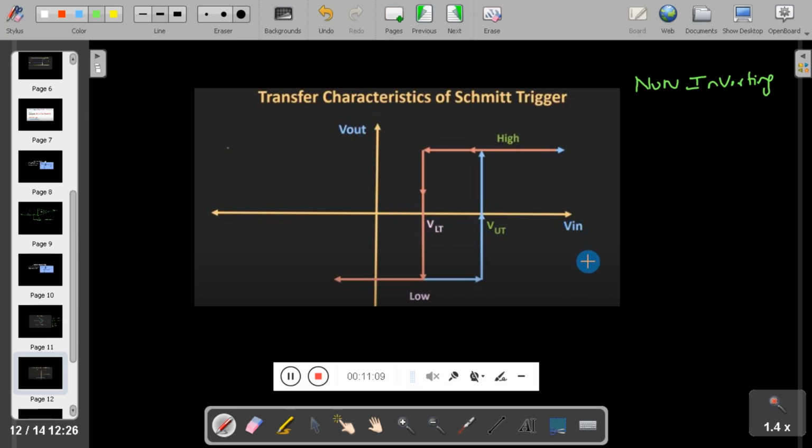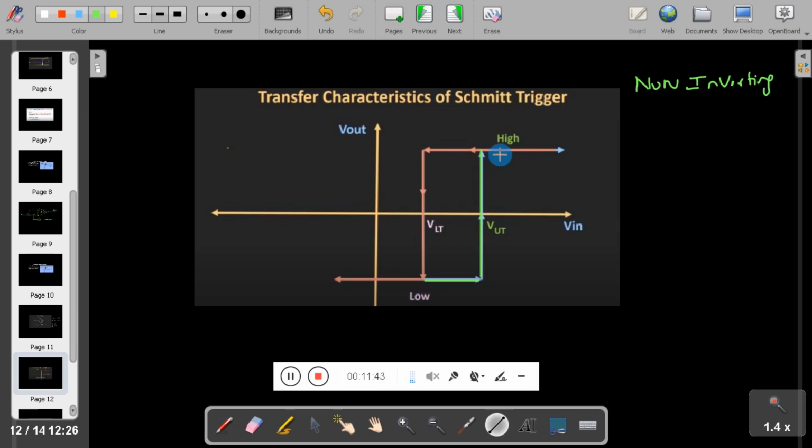When the input voltage is low, or lesser than VUT, the upper threshold point, then the output will be negative. When the input voltage crosses the upper threshold point, then the output will switch over from negative to